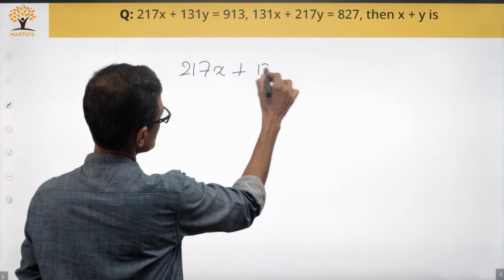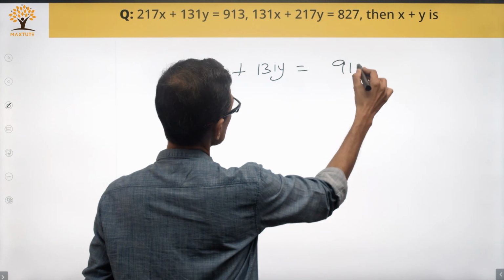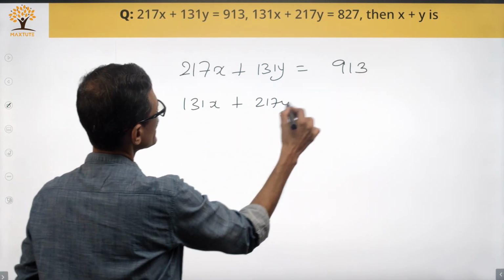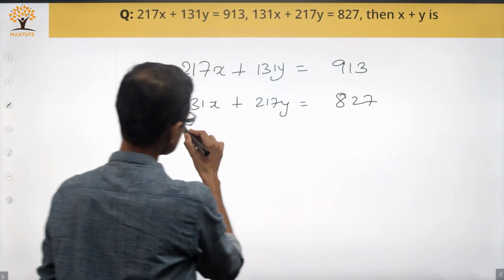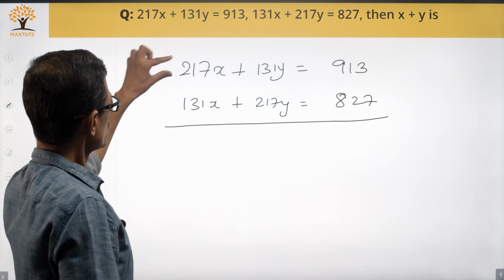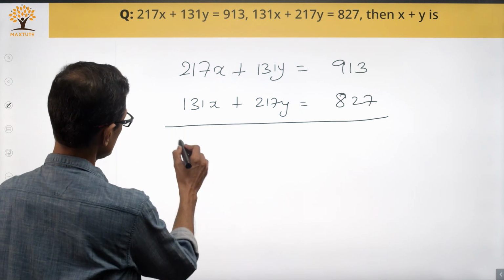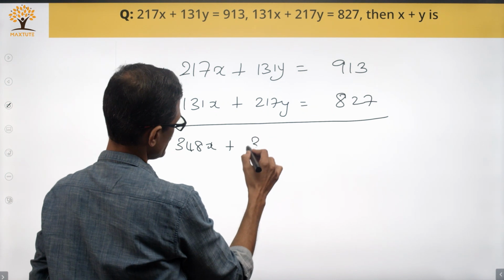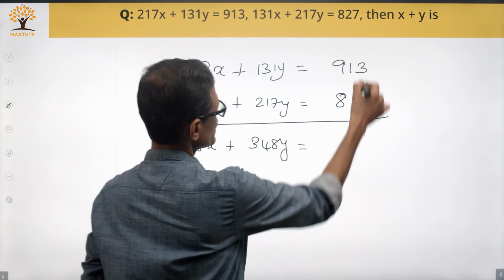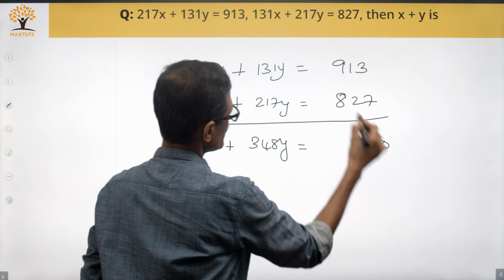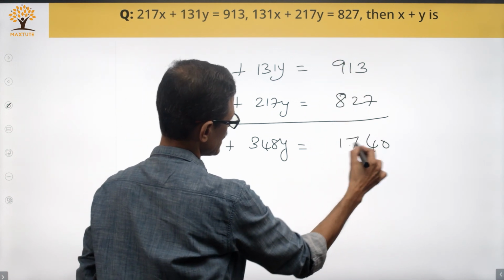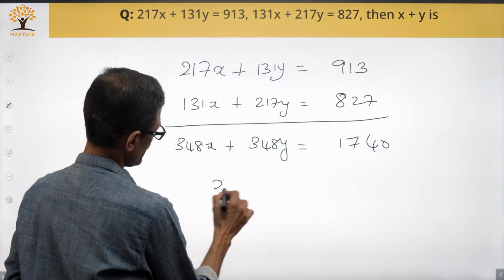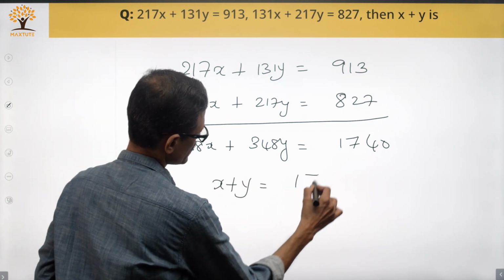217x plus 131y is equal to 913. 131x plus 217y is equal to 827. Let us add these two equations. 217 plus 131 is equal to 348x. Similarly, 131 plus 217 is also going to be equal to 348y. 217 plus 131 is 348, and 913 plus 827 is 1740. So, 348 can be taken common outside, that will make x plus y equal to